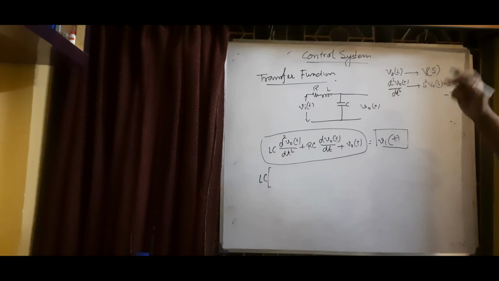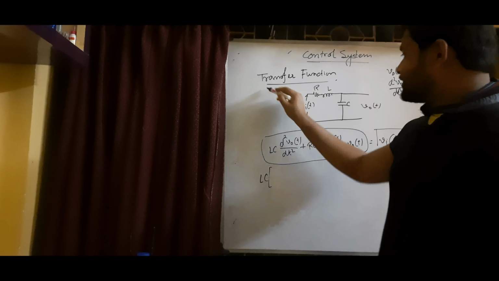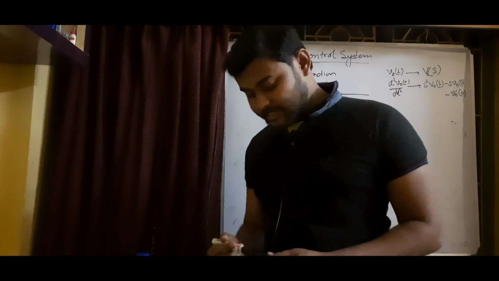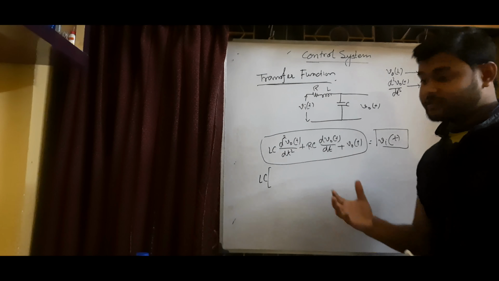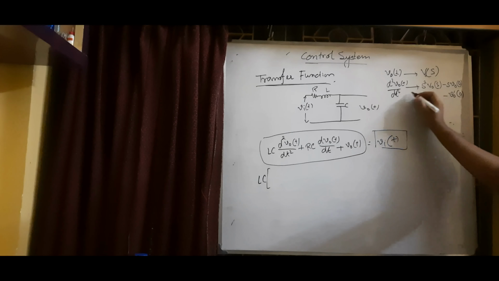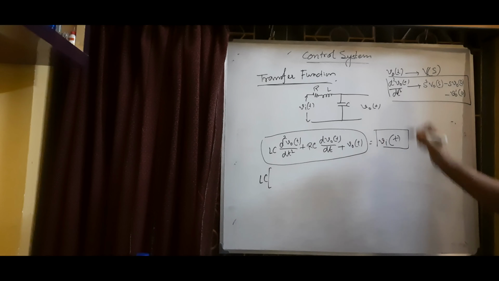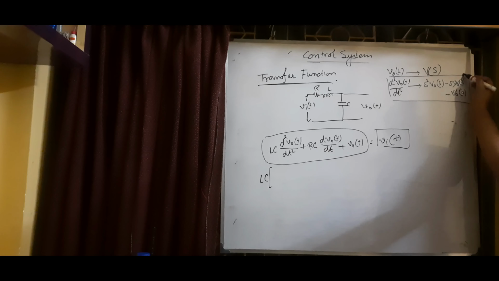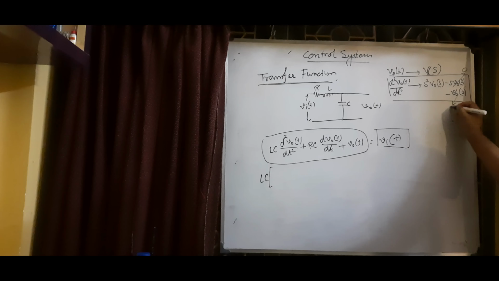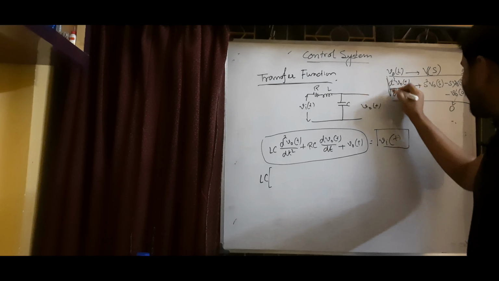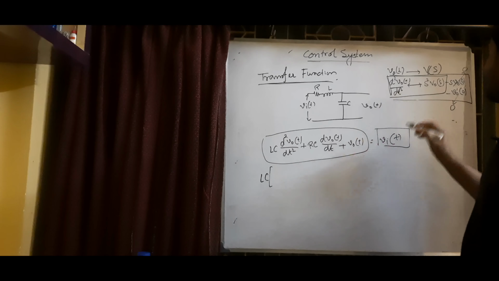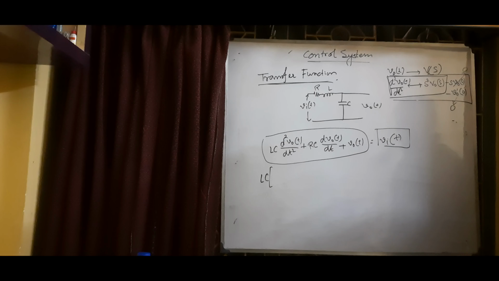Again I am going to derive the transfer function of this system, and remember what I just said: while obtaining the transfer function, the initial conditions must be 0. So in this equation, what are the initial conditions? This is an initial condition, and also this one is an initial condition. So this one will be 0, this one will be 0. So we will have d2 v naught t dt2 as Laplace transform s square v naught s only.